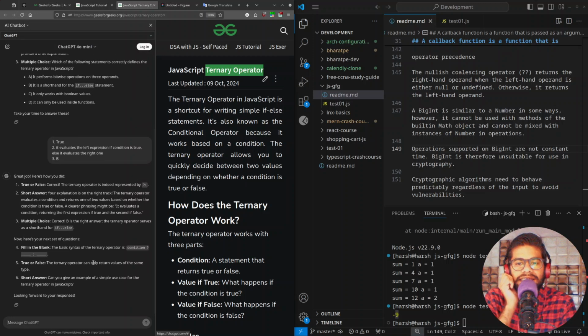And here ChatGPT is teaching me English. For example, it evaluates a condition, returning the first expression if true and the second if false. Good. Thank you. B is the right answer. The ternary operator serves as a shorthand for if else. It was also the basic syntax for the ternary operator is